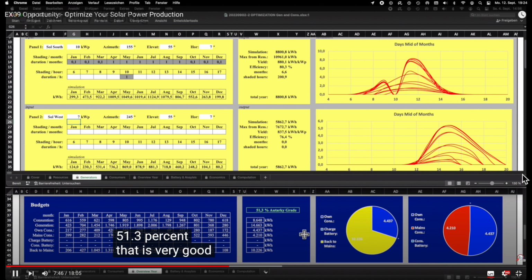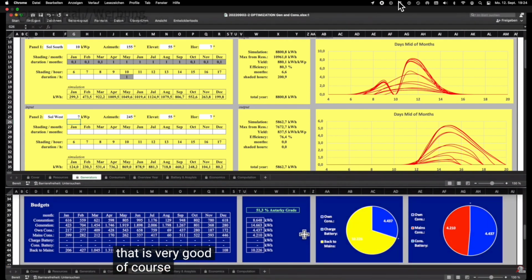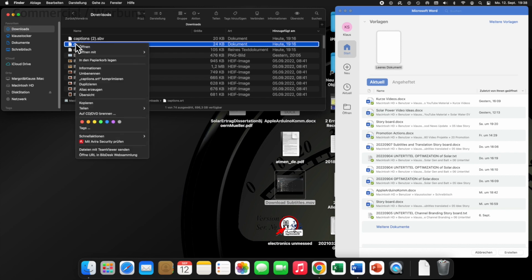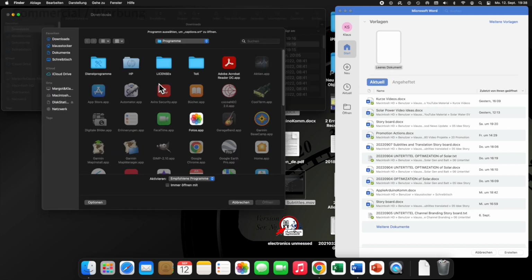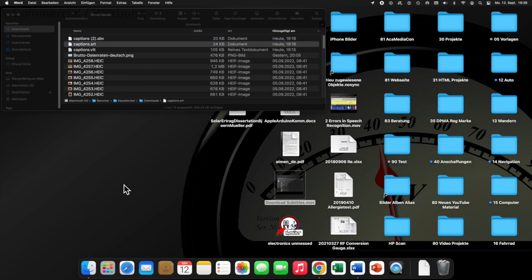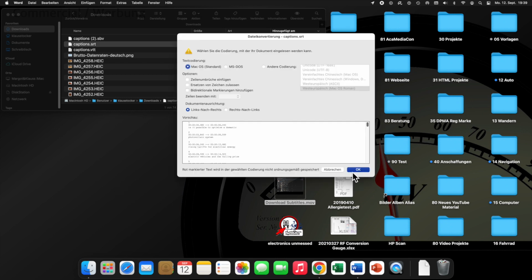By the way, you can do this in private status of the video, so nobody else can access it in this state. Now back to the downloaded files. You can choose probably any kind of text editor for this. I'm using Microsoft Word here. I open the SRT file that I downloaded from YouTube.